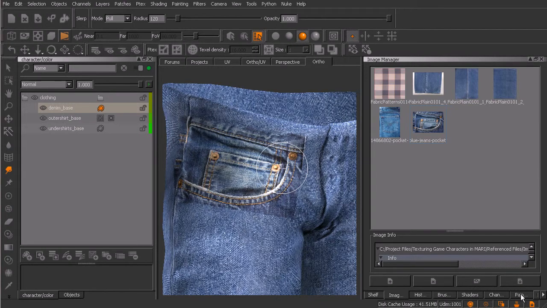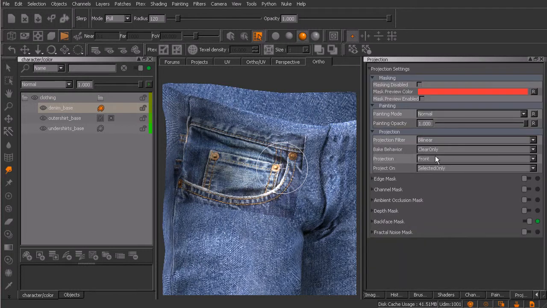I'm going to come over into my projection palette and, for the bake behavior, let's go ahead and set this over to manual. There we go. So basically, clear only means that when I hit the B key, it's going to bake it and clear it. Manual is going to bake it and leave it in my paint buffer. So if I bake it at this point,